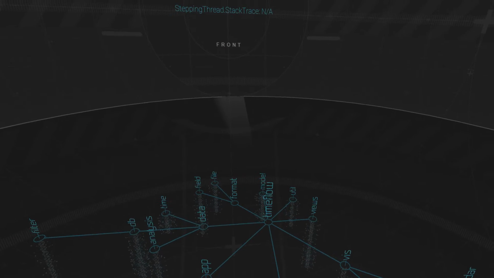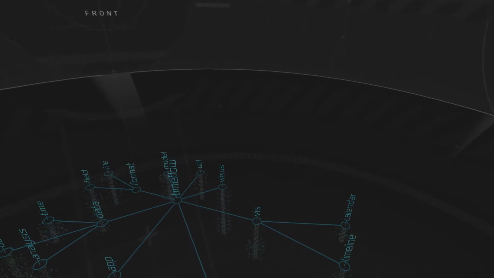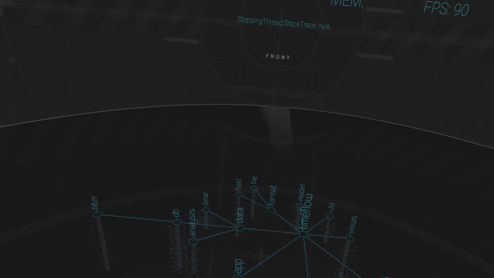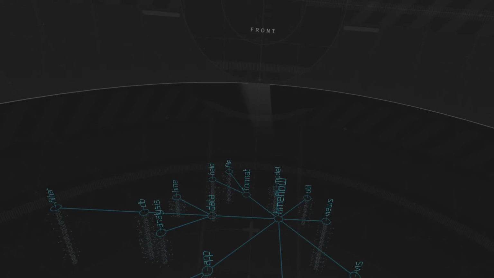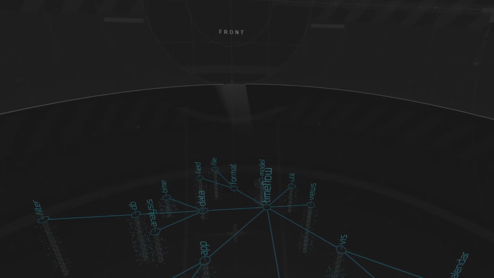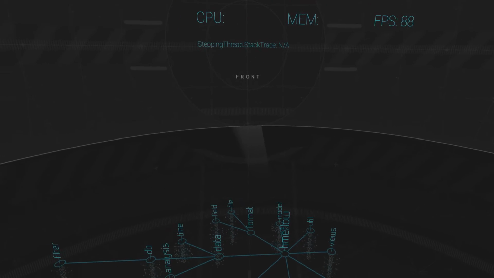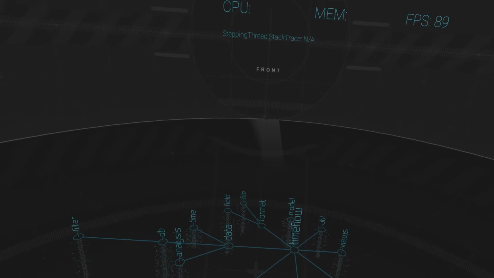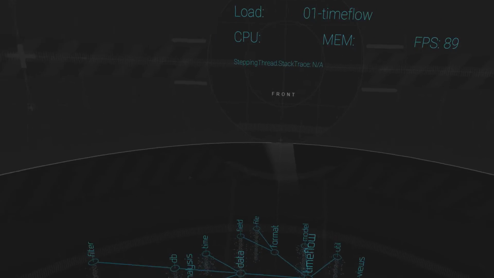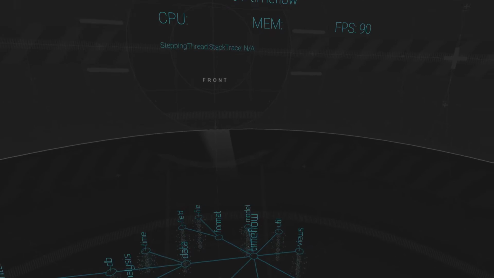Okay, we're looking at Timeflow. This is a Java application that we downloaded. It's an open source project that is a data visualization tool. It takes some data and plots it on a two-dimensional chart. It can be used by reporters to track events through time so that they can use data visualizations to write their